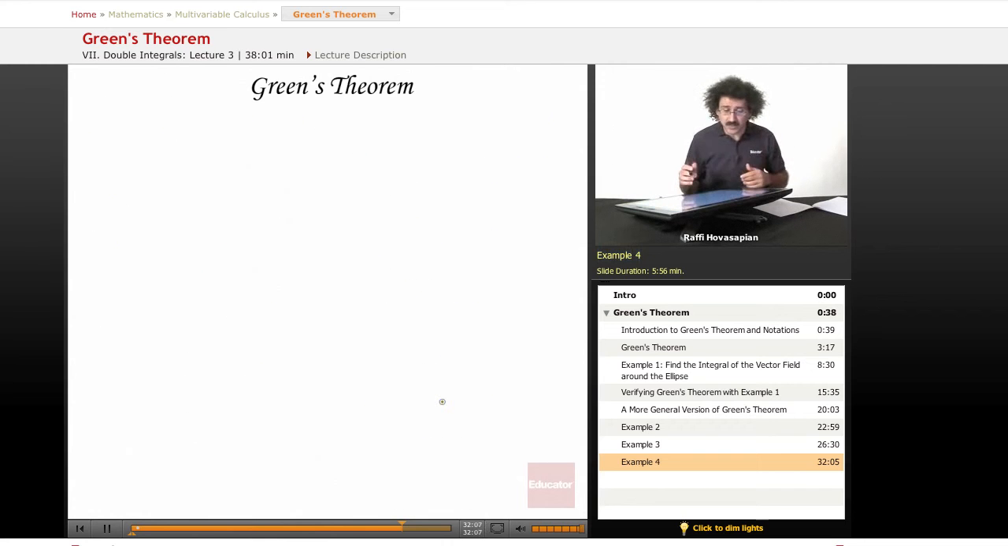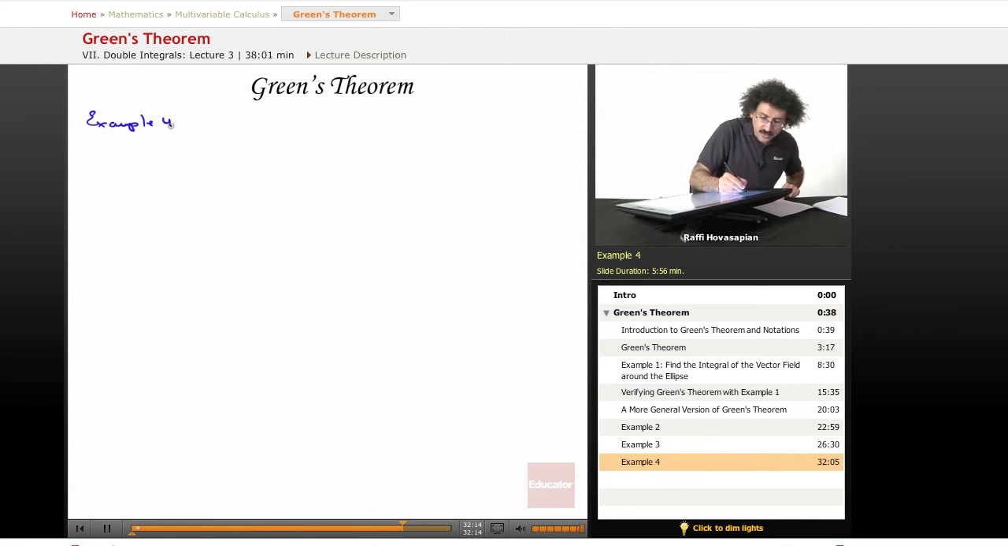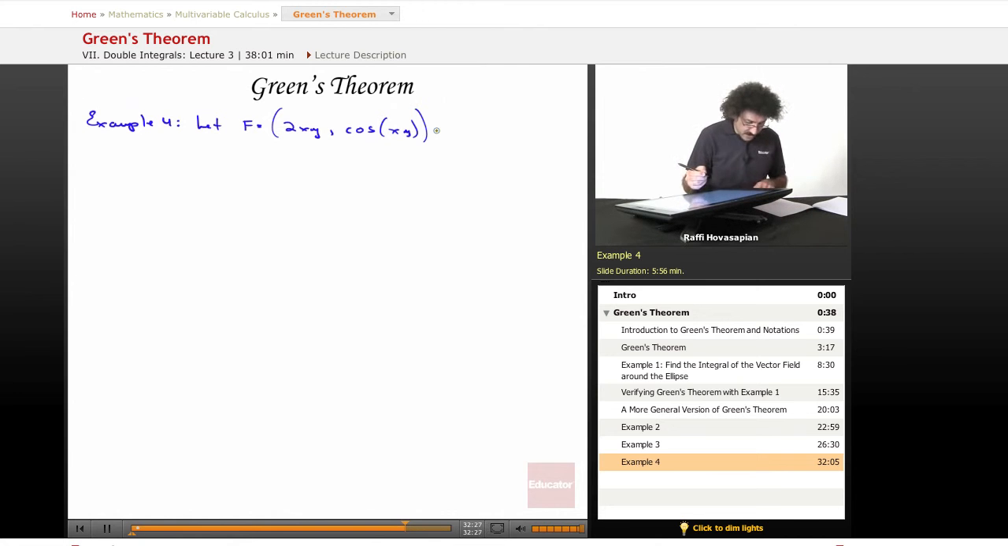With one more example, just to solidify everything in our minds. So we have example 4. Now this time we will let f equal 2xy and cosine of xy. Okay. Well, our task is to find the integral of f over c,